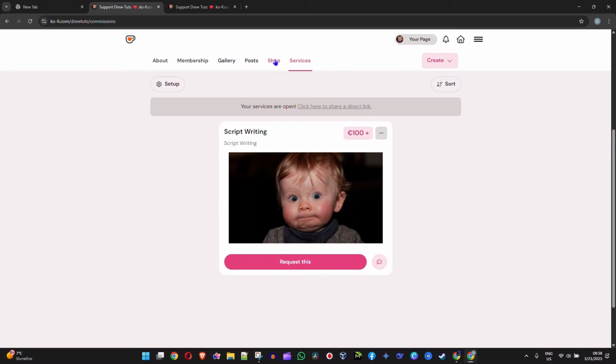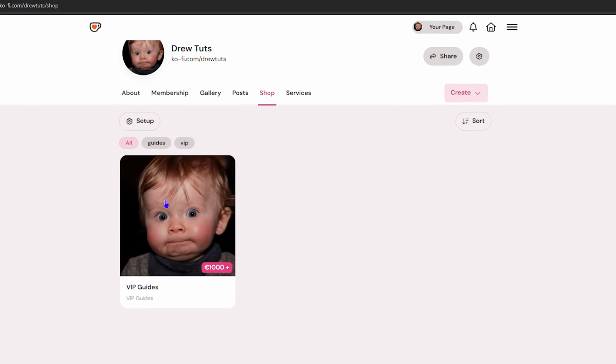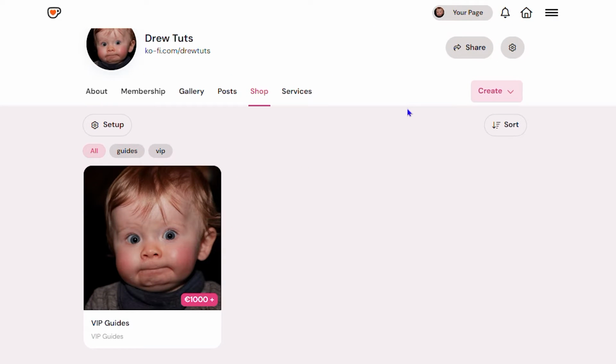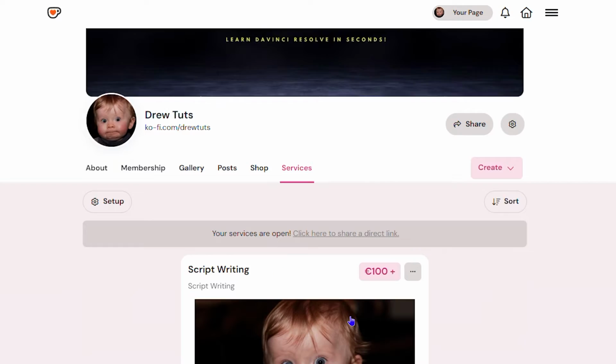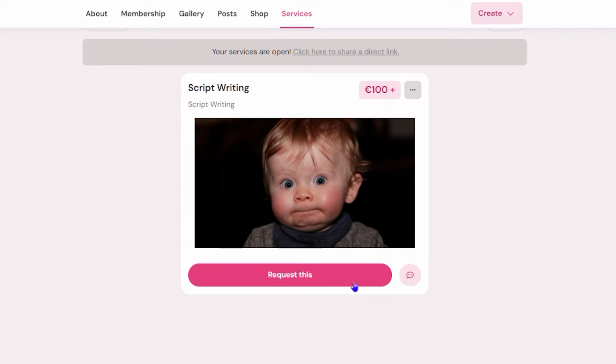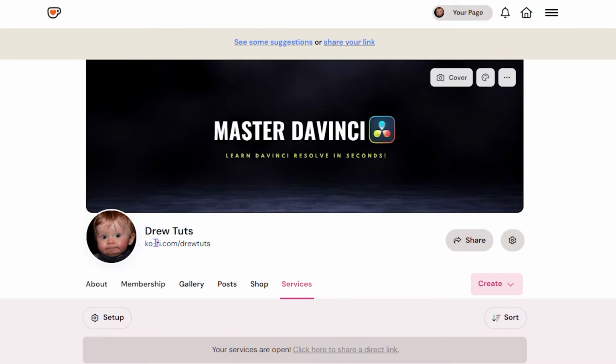Now I have just one service and one product here in the shop, right? But let's show you how to basically set this up. Now if you look at my shop here, you can see I just have a flat rate of 1,000 euros here, and this is just 100 euros as well, right? No additional tax and so forth. But if you want to set this up, you just want to stick with me and I'll show you how